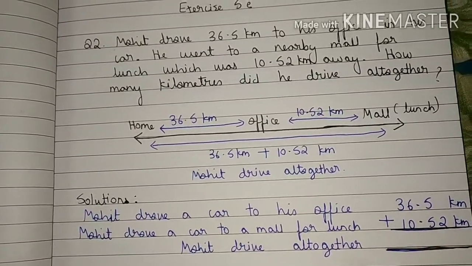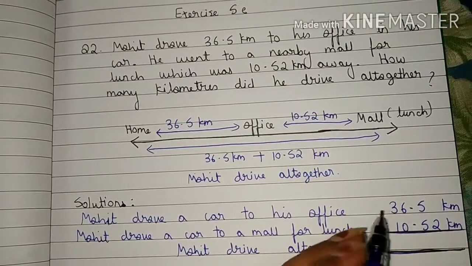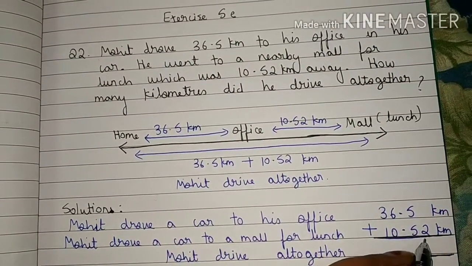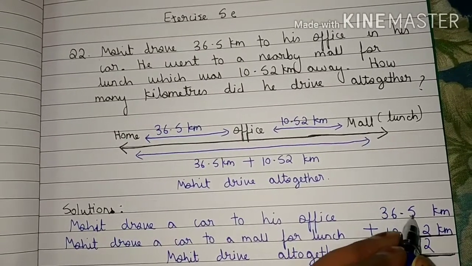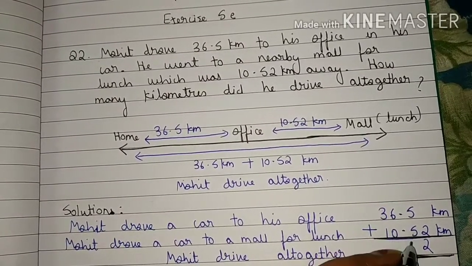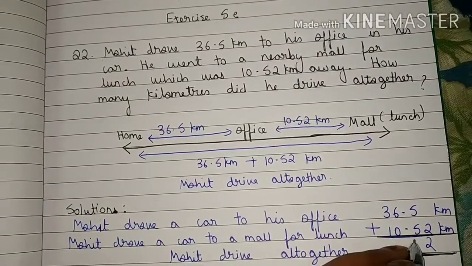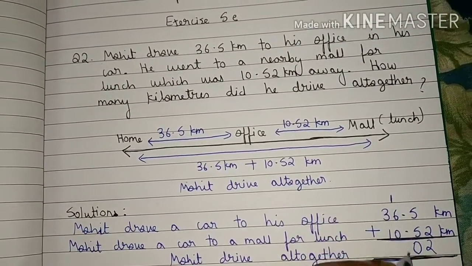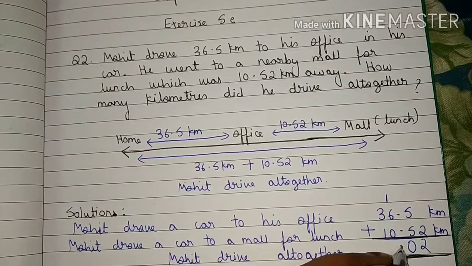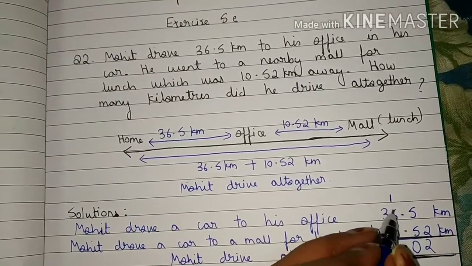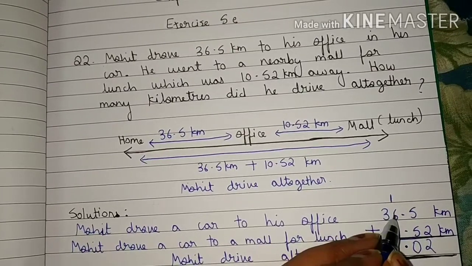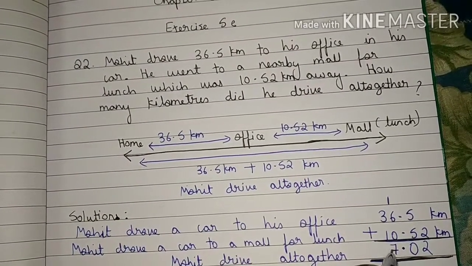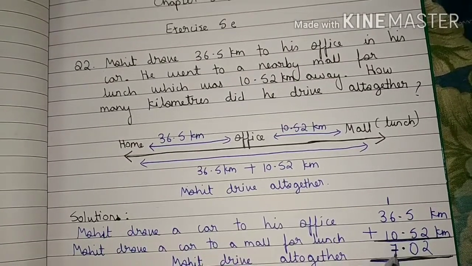Now students, in this question we will do addition. Here it is only 2, so we will write 2. 5 plus 5, 10. So we will write 0 here and we will carry 1 here. Now here is a decimal point, so we will put a decimal point. 1 plus 6 plus 0 is equal to 7. So we will write 7.